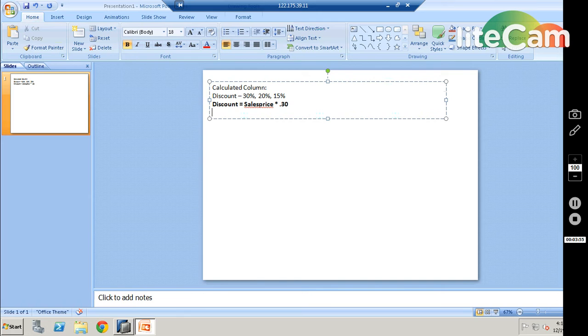Somebody from Japan is offering 20% discount as an end of the year sale, 20% flat on all the items. So how can we deal with this kind of situation?